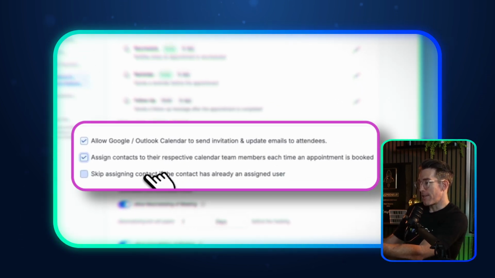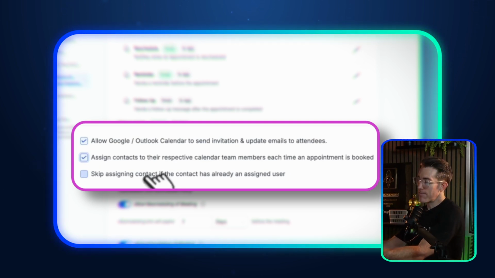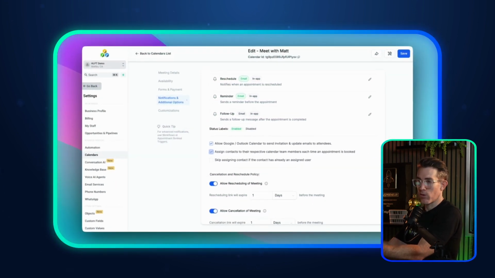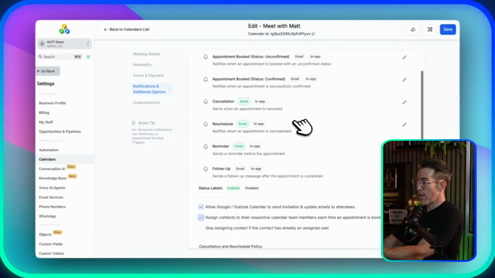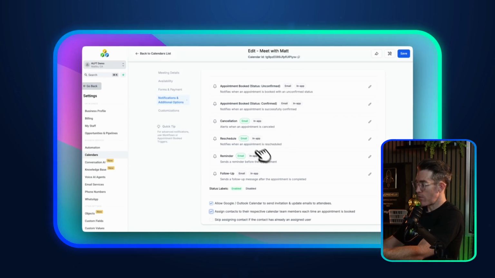The alternative is to skip assigning the contact if they're already assigned. By default, this kind of makes sense, especially if you're using some sort of conditional logic where you want to use user variables. Like you're saying here, sometimes what we'll do is, depending on who they book with, that's who the reminder will send from. So let's go back to our reminder